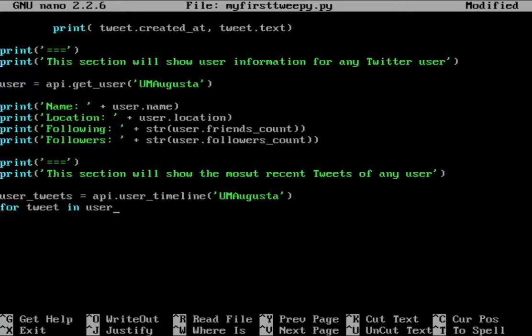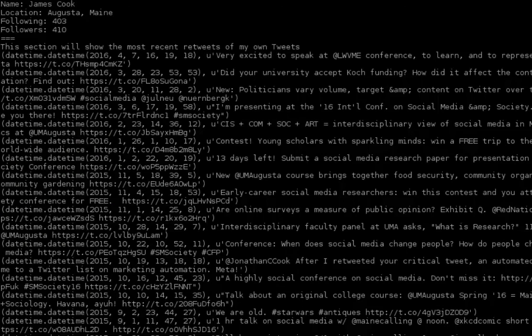And then we're going to say for each of the tweets that we see in the results, and the results are user_tweets, what are we going to want to do? For each of those, we're going to run a print of the variable tweet, and then the part of the tweet that is when it was created, and then the part of the tweet that is the text of the tweet. And that's that. So when we run this program, what will we see? Let's take a look. Here are the results of running the program, which we would run by typing Python and then a space and then the name of our file, which in this case is